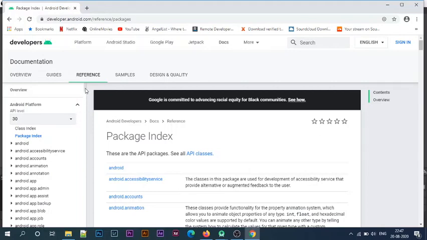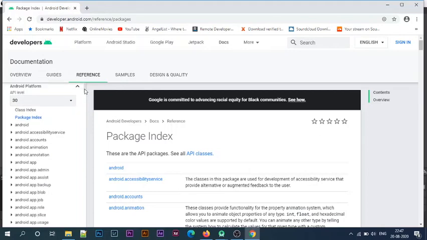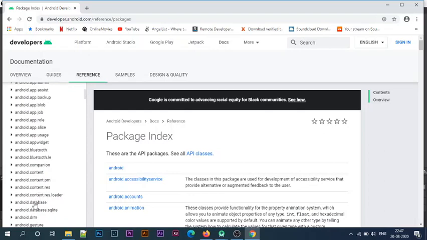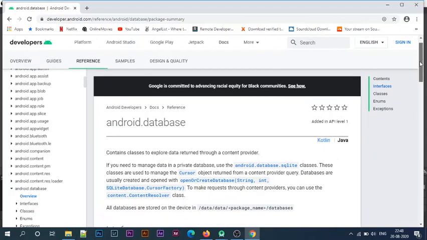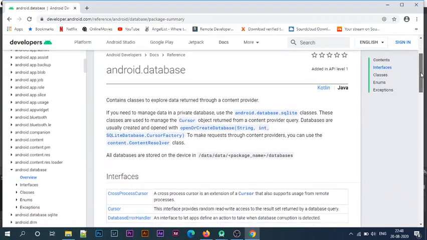If you know which particular version a package or class is in, you can choose the package. I will click on android.database. Over here, just click on overview. Over here, you will see a list of classes, interfaces, and other members that are part of the package.